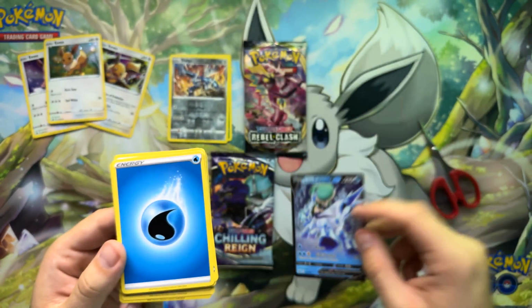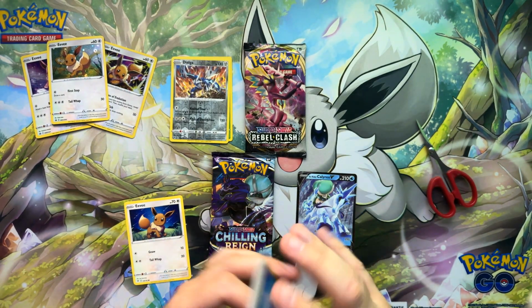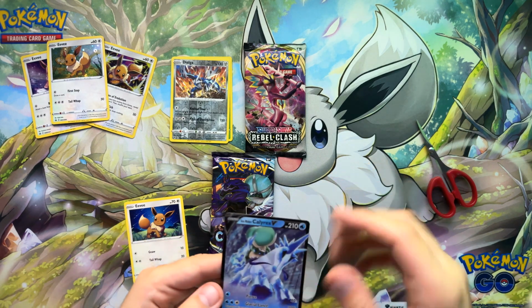Do you like the V cards? What do you think about them compared to the EX cards? It almost seems that